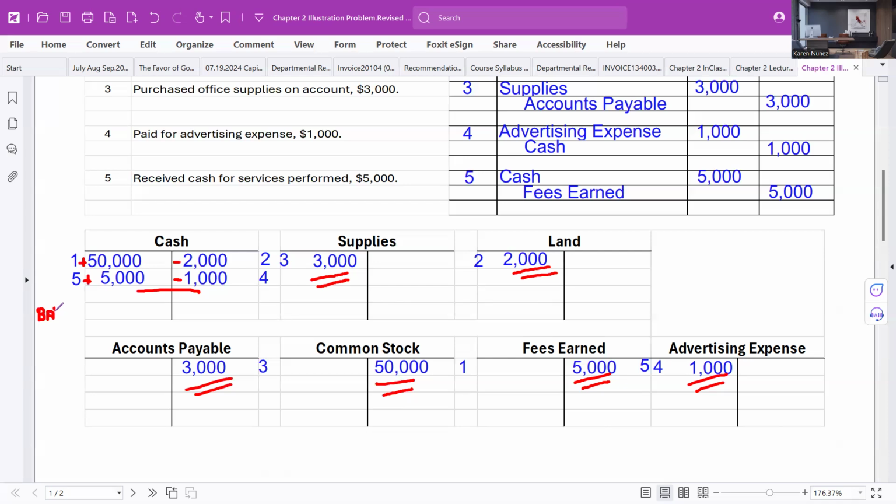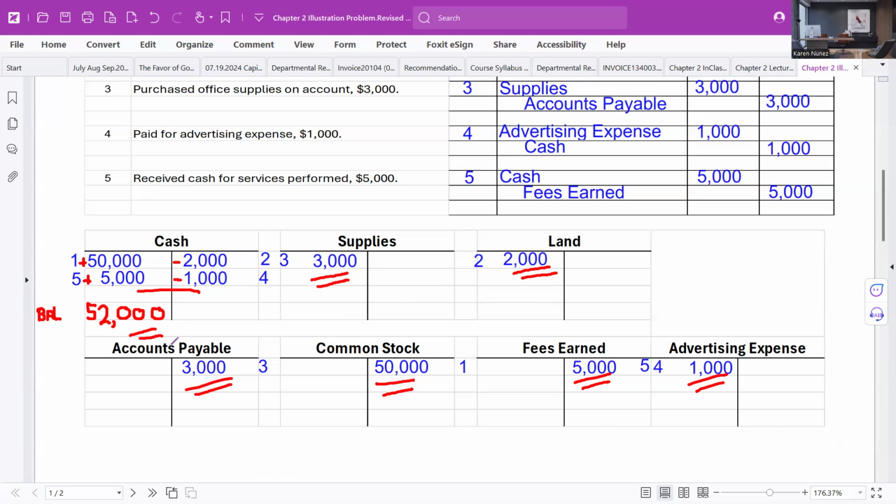So the balance in this account is going to end up being $52,000. That's what we end up with here when we take all of the items on the debit side and subtract all the items on the credit side. The balance in this account is